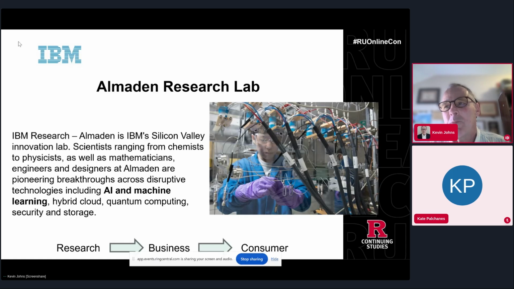So what I'm saying here in terms of the basis of these Gen AI applications is that it's been around for a while. It's been used in research, not only in IBM high technology labs, but also in academic labs as well. And then it went from research to a business environment. And I'll show you a case study on that a little bit later. So now it's just going from business to now us, the consumer. So we're the ones that are really seeing this for the first time in terms of how it's being packaged in a natural language environment that we can talk to it and ask questions of it as well.